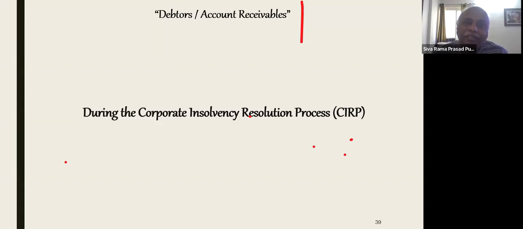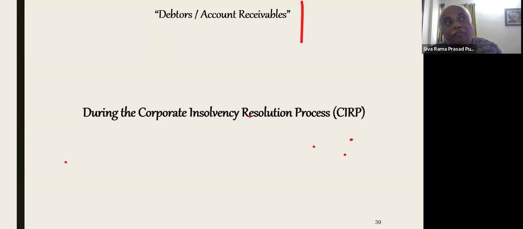Then only that amount is useful for purchase of inputs, raw materials, if the company is a going concern company. That funds, recovery funds are useful to meet the insolvency resolution process cost. That funds are useful for me. I need not borrow the interim finance at an interest rate. My funds are there with them. My goods are used by them. My manufactured goods I have sold to them on credit, and they promised within 30 days.